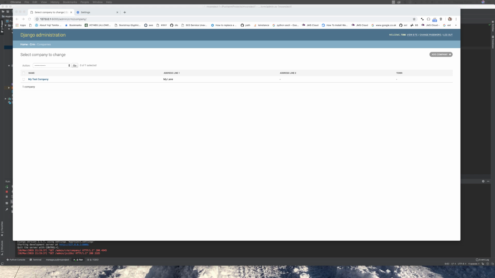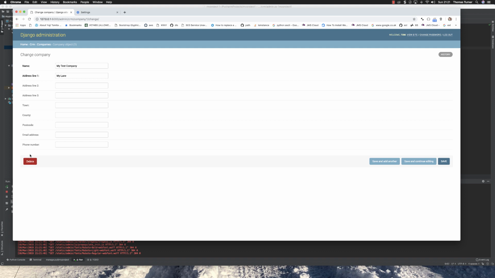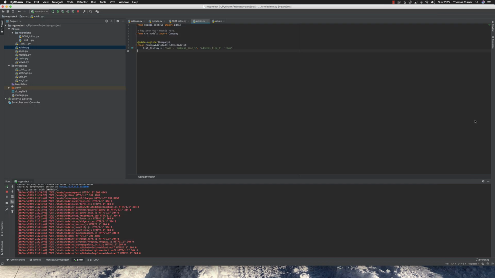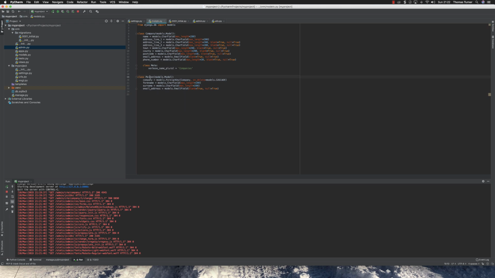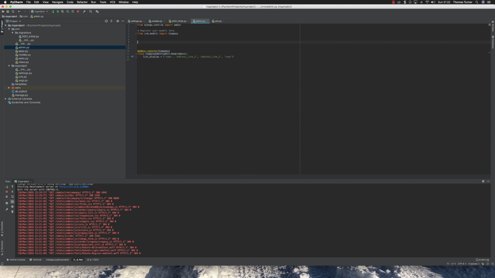So next, what we want to be able to do is add people to that company. So if we go up here, we click My Company. What we want to do is put the people underneath, but there can be many people to that company. So let's go back to the admin file and put that in. If we go here, we pick up the model name, person, go back to admin, go class,